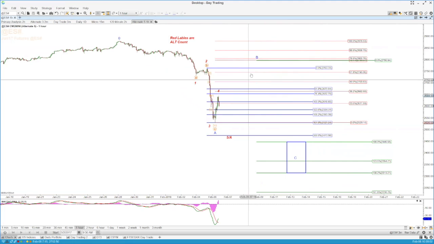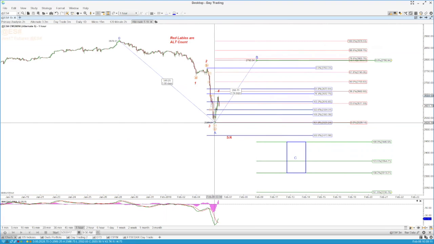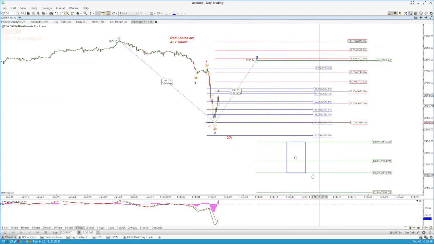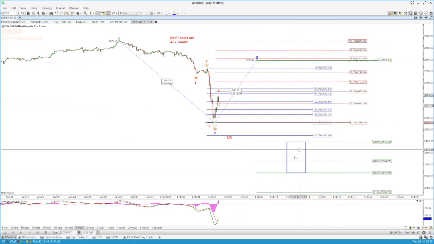Taking this further, if we then come up to the 764 retrace here at 27.95 and then take the length of this entire move down off the top and project it off that level, it gives us a target range down here at the 1.0 to 138.2 extension. So the most common relationship between the length of an A wave and the C wave is either parity at 1.0 or the 138.2. So we would expect, therefore, a range of 23.14 to